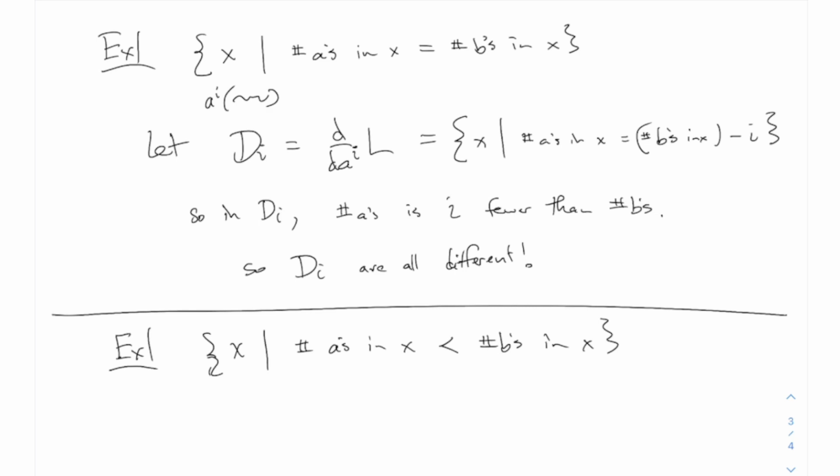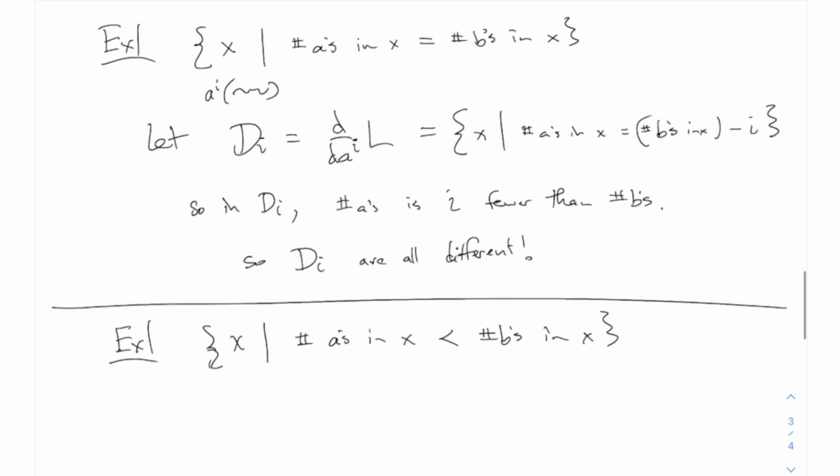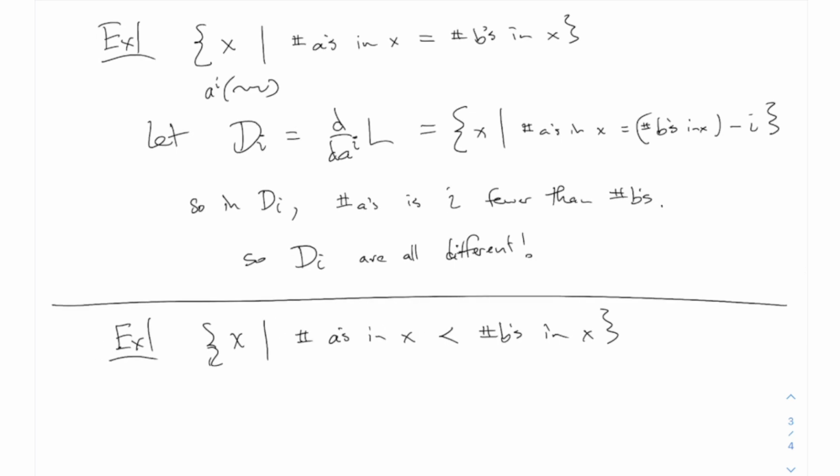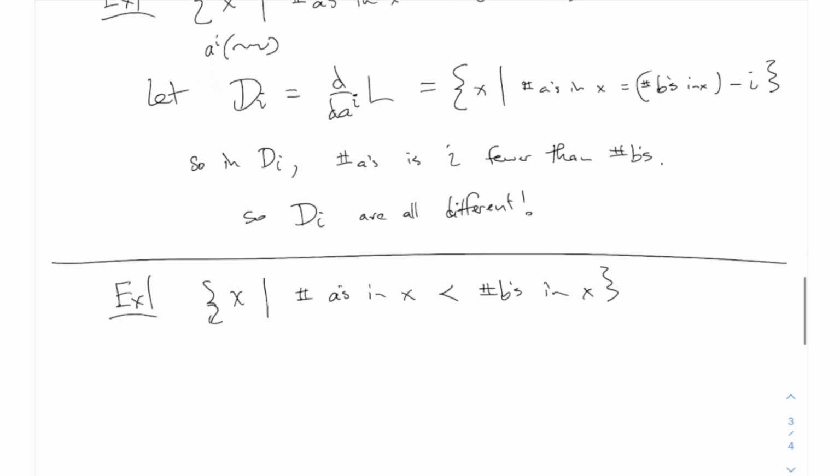This one you can do almost exactly the same thing. You're going to take the derivative with respect to a to the i. Actually, you could have also used b to the i, it doesn't matter. When you take the derivative with respect to a to the i, you are imagining only those which have a stack of a's at the front, and you take that away. But I'm going to say that d_i, the derivative with respect to a to the i of L, is